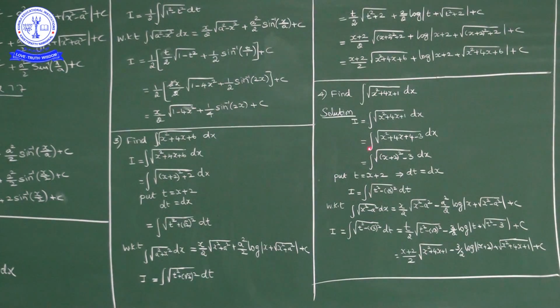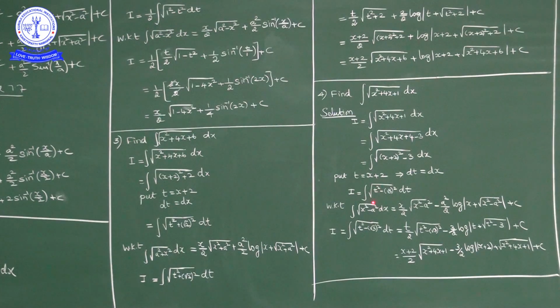Okay, so it is integral square root of this part x square plus 4x plus 4 we can write as (x plus 2) whole square, minus 3 as it is. So here also, like previous problem, in place of x plus 2 I'll write t. Okay, x plus 2 is equal to t. So dx is equal to what? Dt. So integration I reduces to I is equal to integral square root of t square minus (root 3) square dt. So 3 we can write as root 3 square, no?